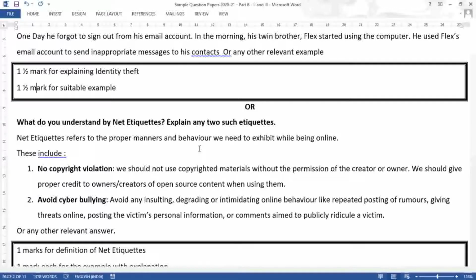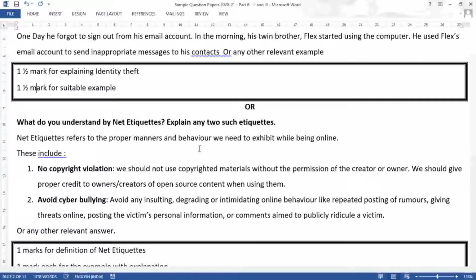Now that is not open source content. Proprietary content means you cannot use it without their permission. You need written permission from that particular organization or the author or the creator. Similarly, another is open source content that you can use, but you have to provide their credit. You have to provide their name by using the owner's or creator's user ID or sometimes their information or profile in that section.